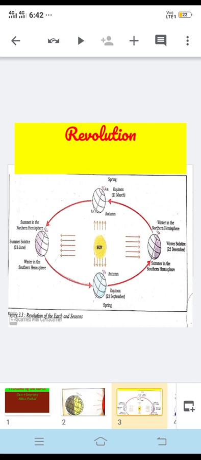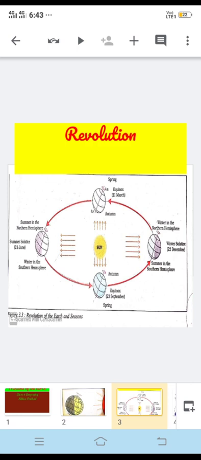Okay, so a leap year is the year, and how to identify which is a leap year and which is a normal year. If that year is divisible by 4, if it can be divided by 4, we can call it a leap year. For example, 2000 is a leap year, so the next leap year will be 2004, then the next 2008, next 2012, like this. It will be seen after every 4 years.